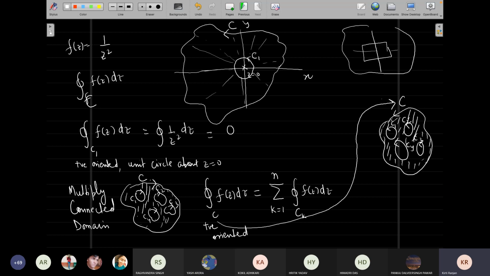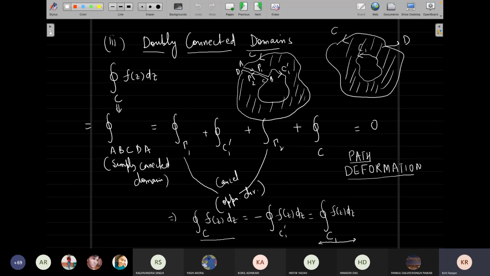Remember that the idea is this: as long as your function remains analytic between the path which you are making and the original path, that is what matters, because the whole idea is that you have to have a path. When we were discussing, for example, a to b, from b to c, what kind of path it is, I don't care. It can be any path. So it is up to you to make that path.